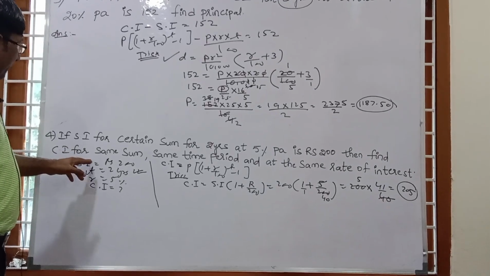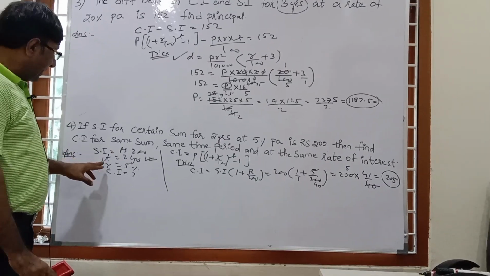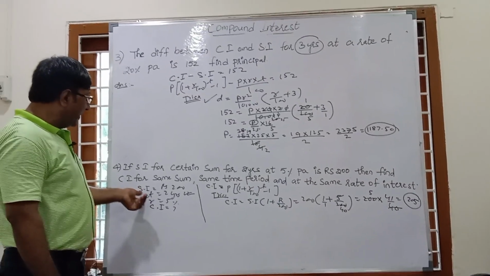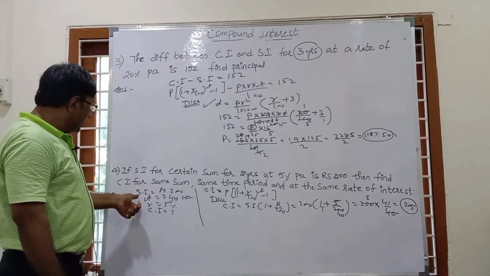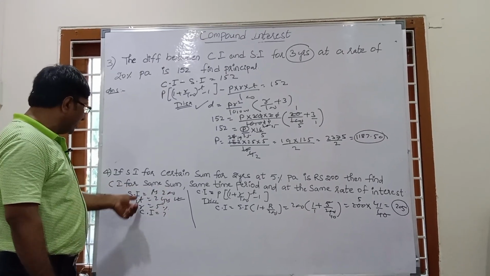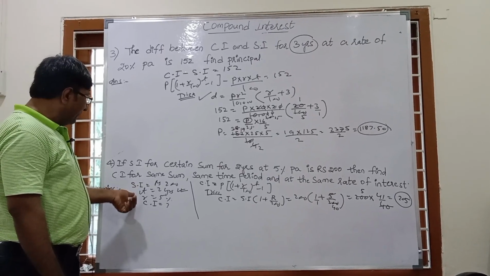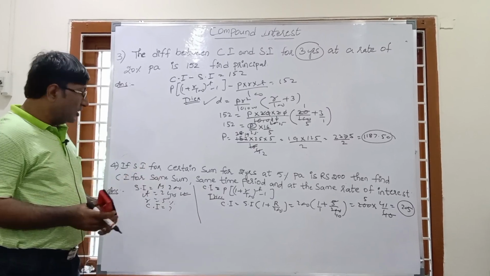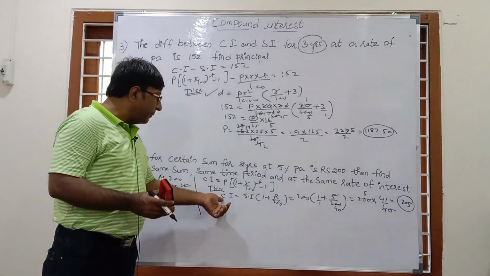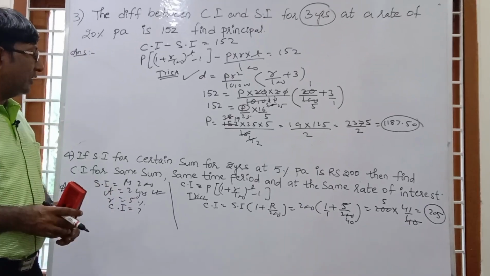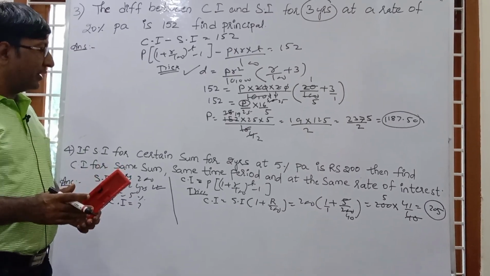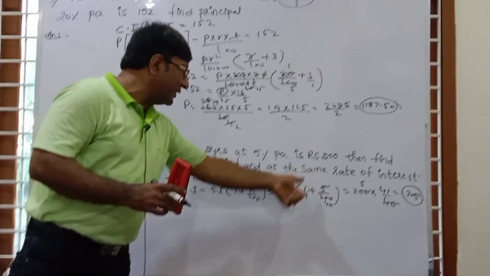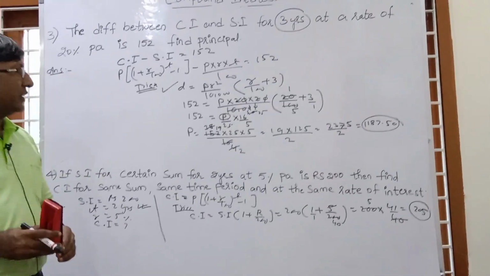The basic rule is simple. Simple interest is given, time is given, rate is given, so we first find the principal. Principal is simple interest 200 upon R into T, so we can find P. If we find P, then we find compound interest with the help of the formula. It will take a lot of time, so we will apply this tricky method: compound interest equals simple interest into (1 plus R by 200). Just apply the formula, with simple interest 200 and the rate given. So our answer is 205.